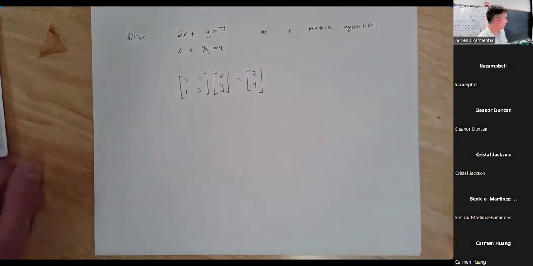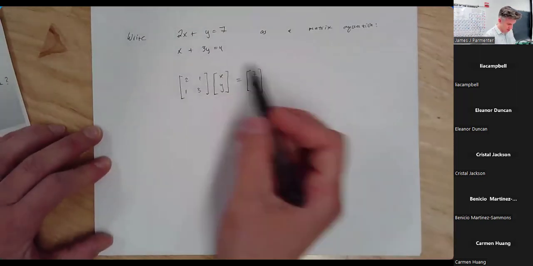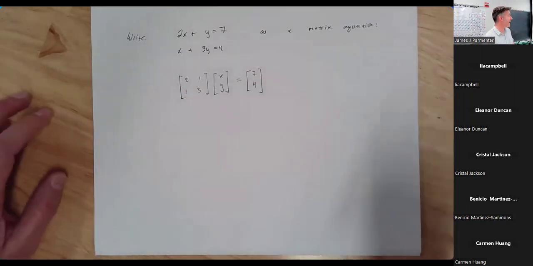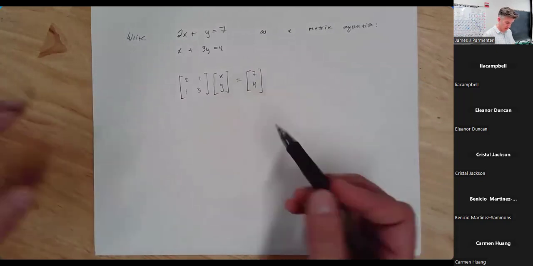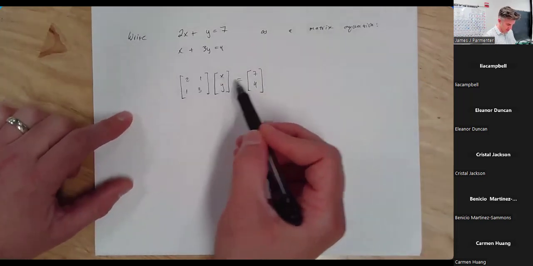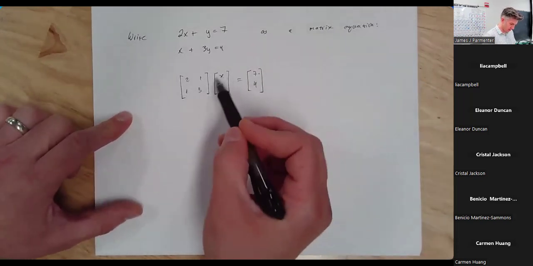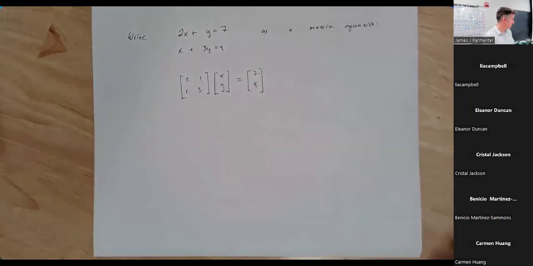And if you look at the matrix multiplication, this equation here and this equation here are exactly the same. They mean the same thing. This says 2 times x plus 1 times y equals 7. This says 1 times x plus 3 times y equals 4. Same thing. Now, the way one would typically solve this is by using the inverse matrix, but I don't think